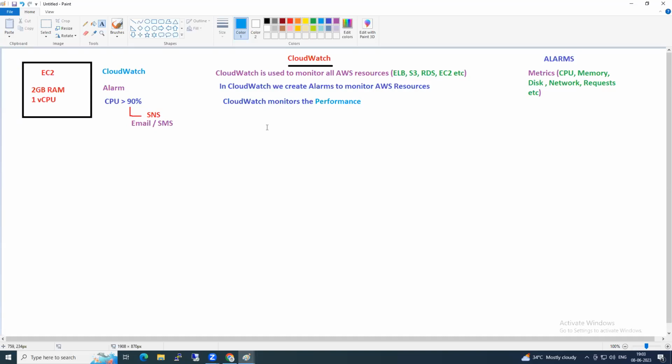CloudWatch monitors the performance. Okay, now in CloudWatch, we have two types of monitoring. How many types of monitorings are there? Two types. This is a certification question. There are two types of monitoring. Number one,